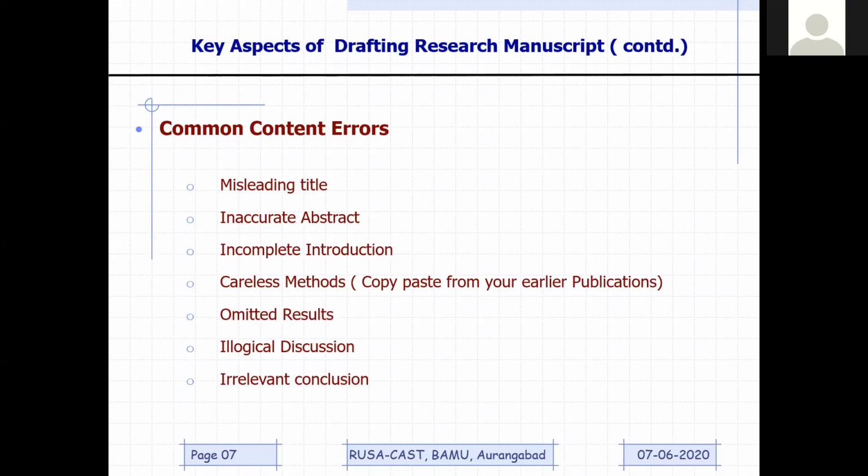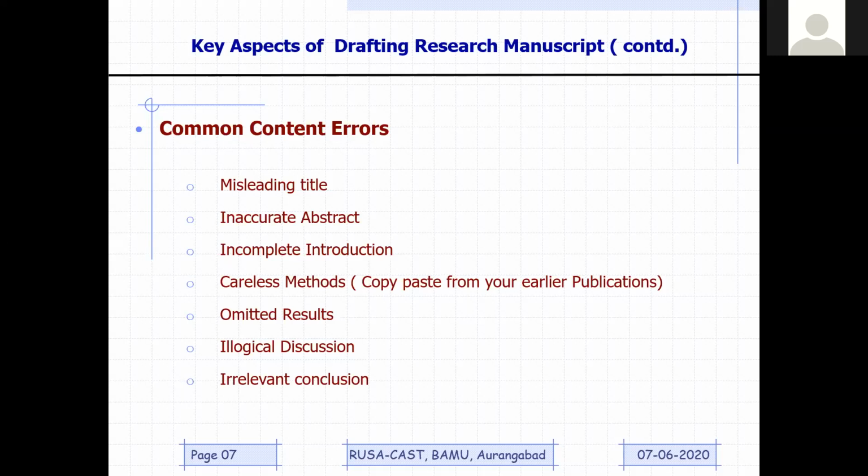Similarly, omitted results. I already told you that you might be having huge data with you, and the journal may not allow you to add that entire data. So you will be required to omit some data. What is going to be omitted is going to be very important. Illogical discussion, as I mentioned, whatever discussion you will be having should be consistent with your results, should be consistent with your introduction part, and should be consistent with your title, right? If you are missing that consistency, it is going to be illogical discussion, and similarly